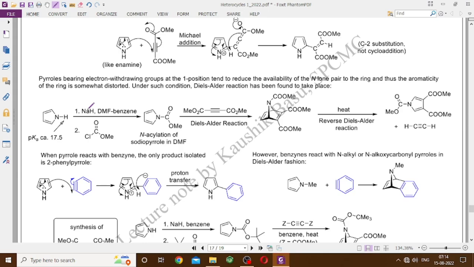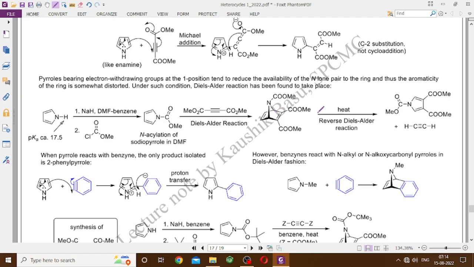You can form a sodio-pyrrole derivative and treat it with a corresponding acid chloride to give you an N-acylated pyrrole derivative, where the nitrogen lone pair is now cross-conjugated. The aromaticity of this system is compromised because of the presence of this strongly electron withdrawing CO2 group. This time, if you do the Diels-Alder reaction, it will undergo the Diels-Alder reaction to give you the corresponding Diels-Alder adduct,